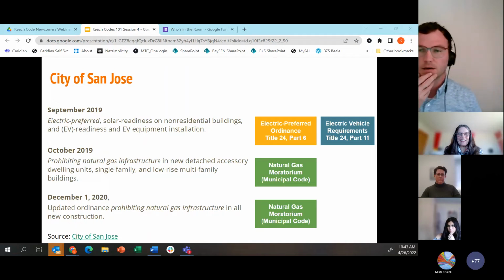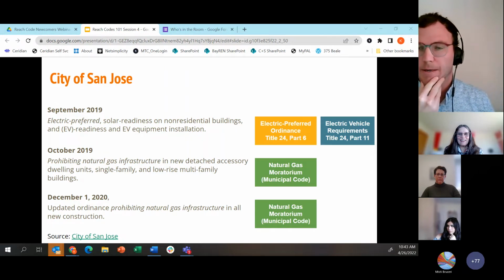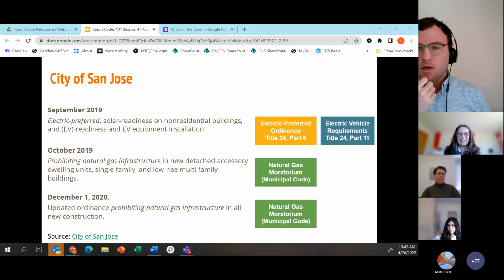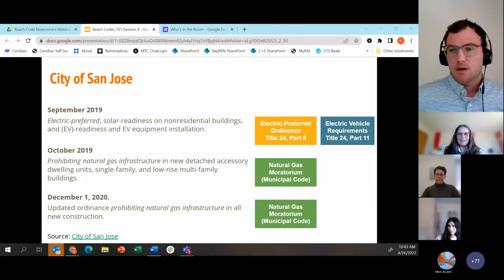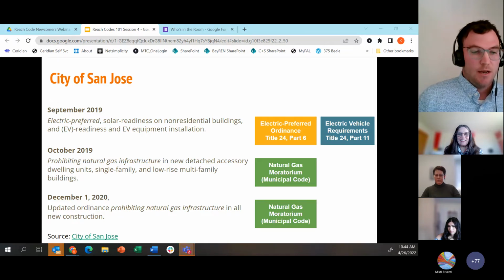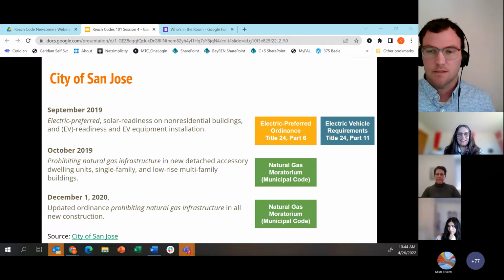Obviously, there's lots of detail that went into each of these decisions, and lots of great information available on the City of San Jose's website. But I say all this to say that jurisdictions have the authority and the options to go lots of different routes.